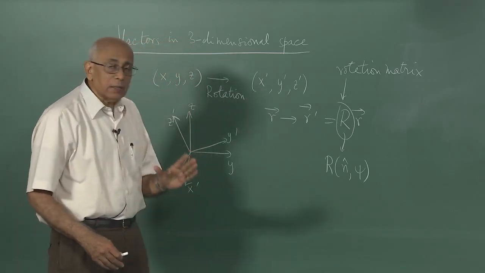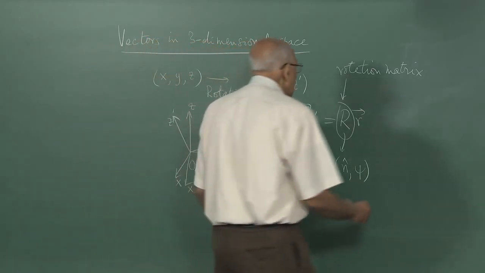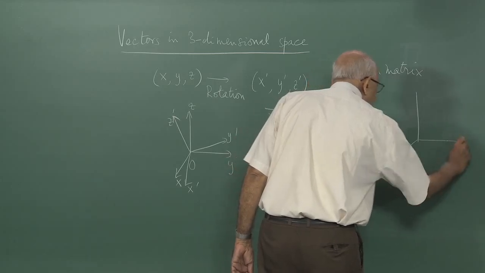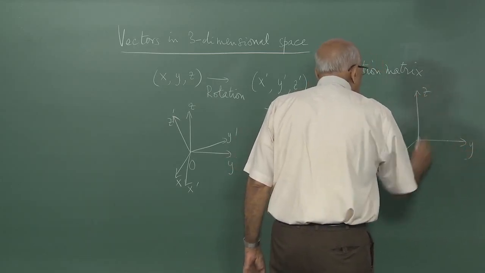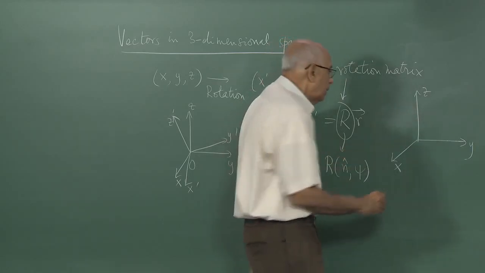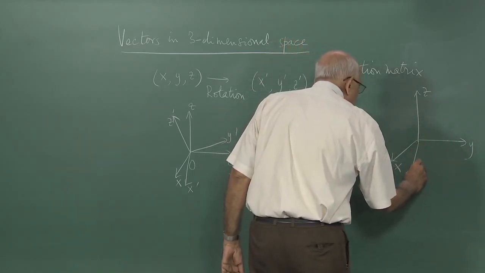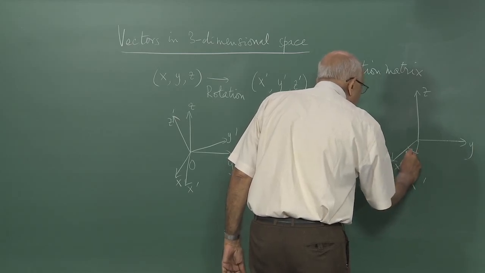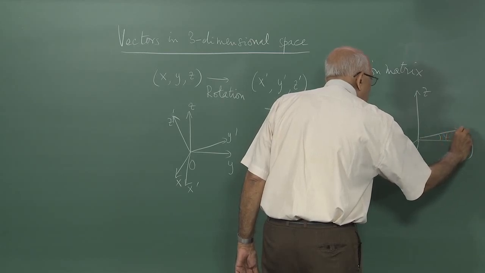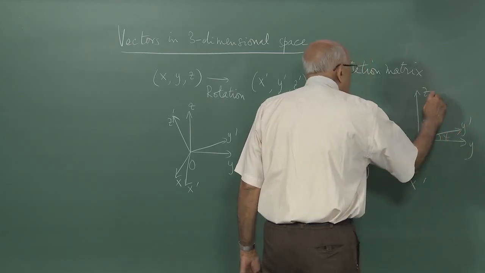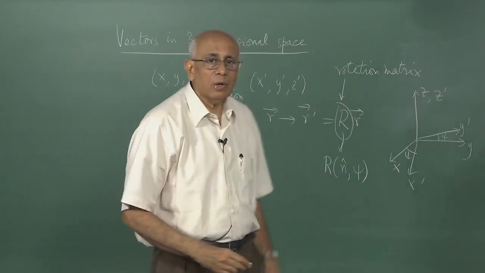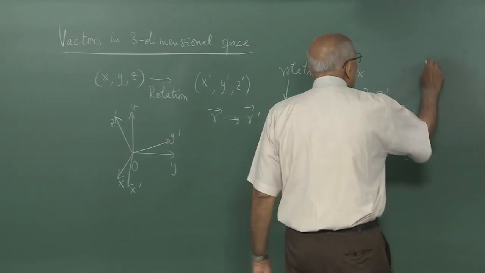A very simple case would be where I actually have a coordinate system, here is x, here is y, here is z, and I rotate about the z axis through a certain angle psi. So all that happens is that this x becomes x prime, through this angle psi the y goes in and becomes, through the same angle psi, y prime, and z prime is the same as z. And that is a particularly simple case of a rotation, and we can write the matrix down in that case,